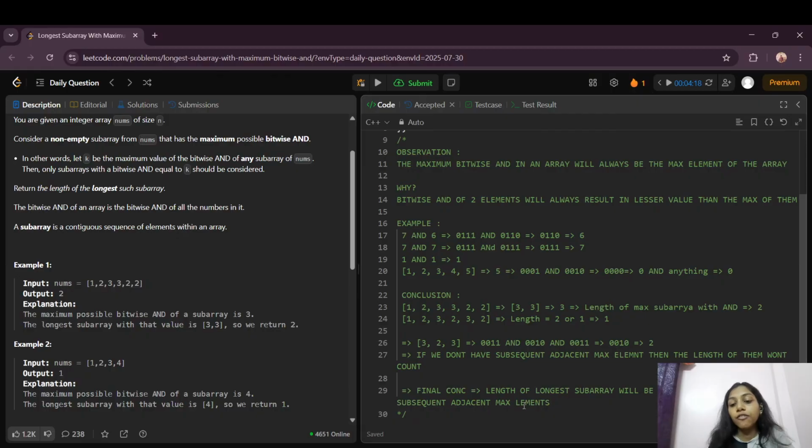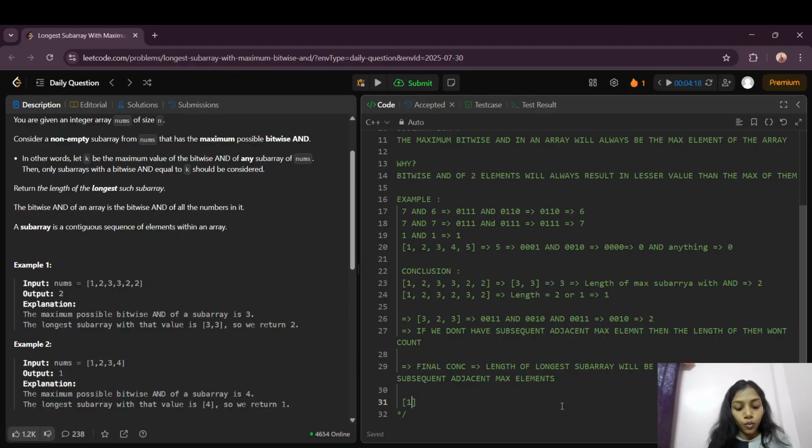If we don't have maximum elements together, then for 1, 2, 3, 2, 3 the maximum element is 3, so the bitwise AND value will be 3. But the longest length will be